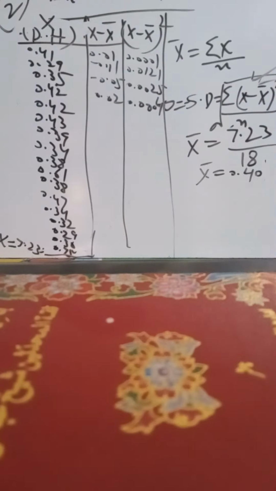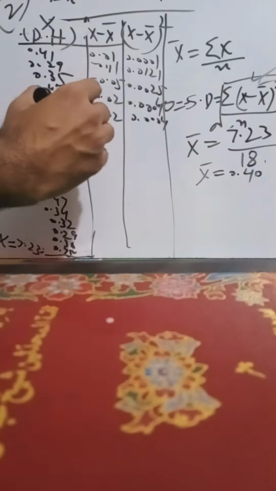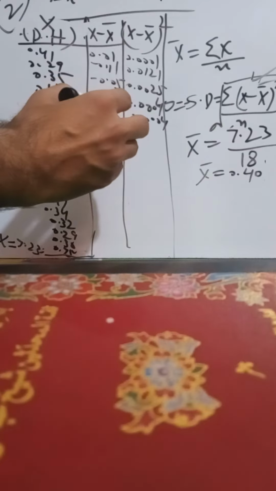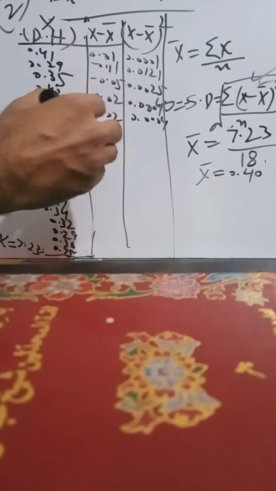Okay, the next one, 0.42, getting the same value, 0.02, answer is 0.0004. Then we have 0.43 minus 0.4, it is 0.03. Its square is